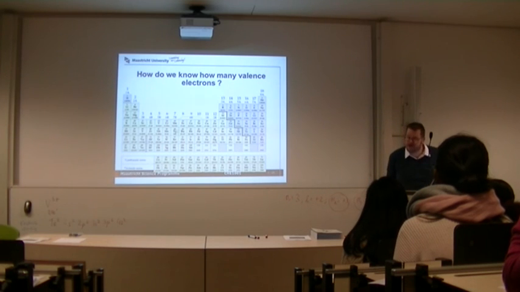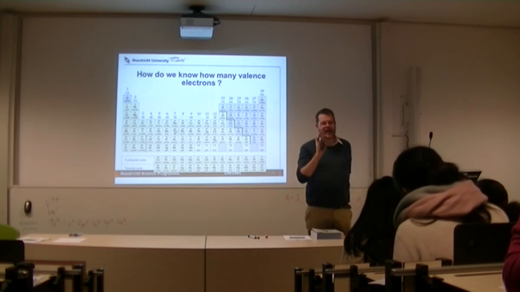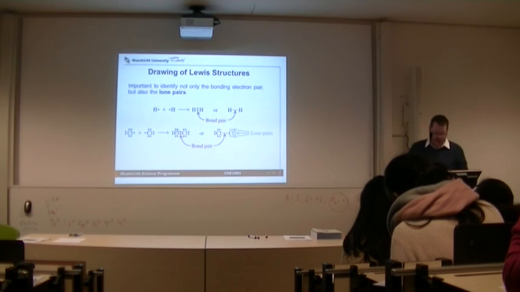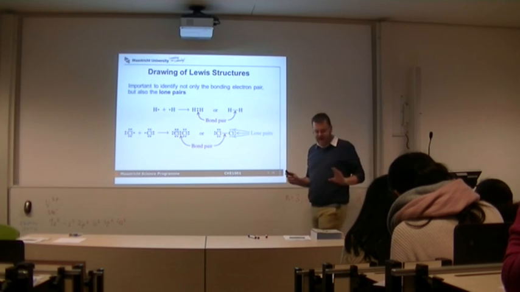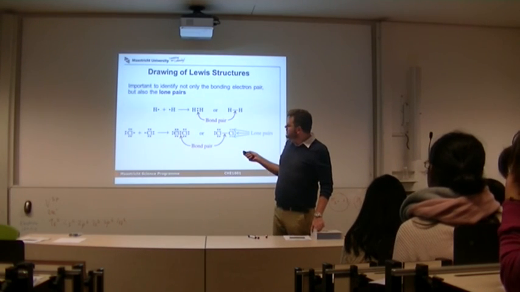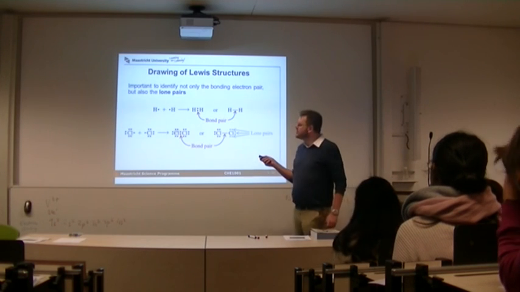And what we're trying to do in a Lewis structure is make sure that all the atoms have 8 electrons around them. How do we draw a Lewis structure? Let's start off with the simplest molecule, hydrogen, H2. Now the way that we do it is we simply write down the identity of the atom, in this case H, and we